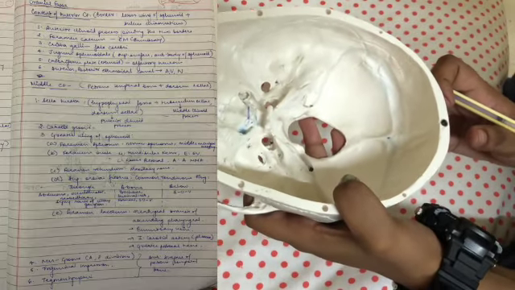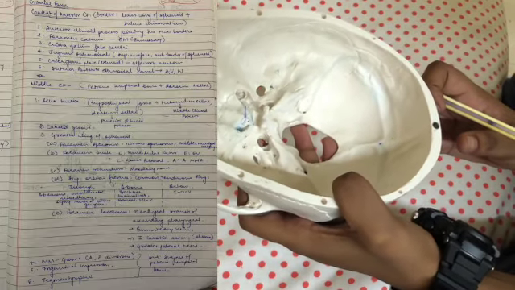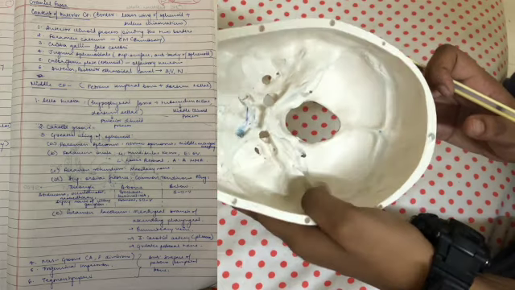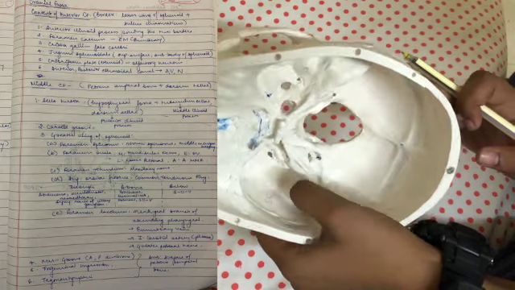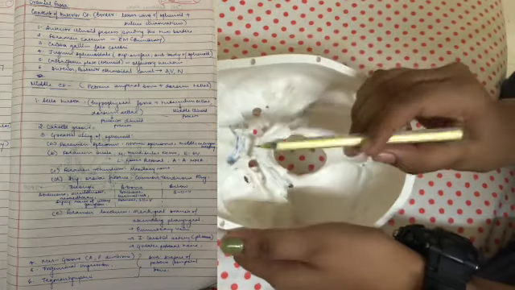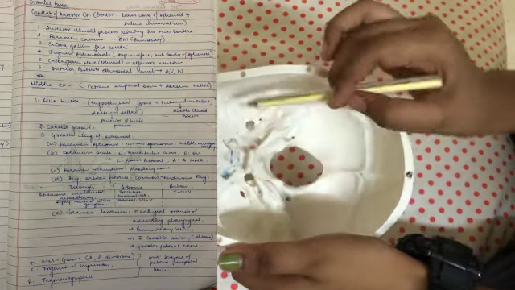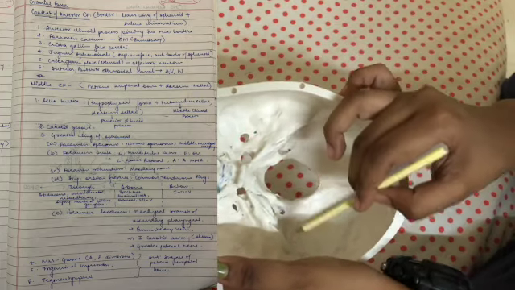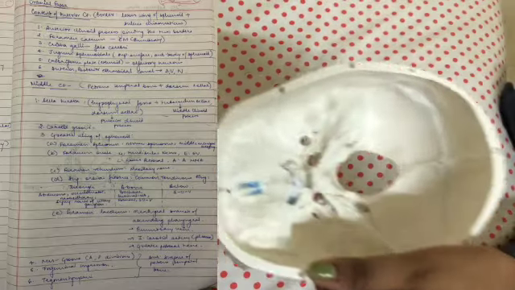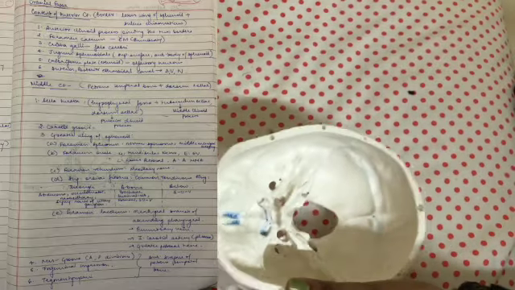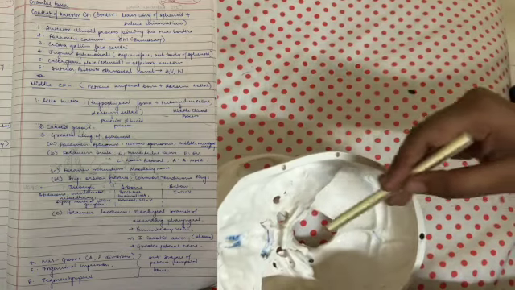Now let us move on to the middle cranial fossa. The middle cranial fossa is very important. It has a lot of foramens. So let us start with its boundaries. Anteriorly, obviously, the lesser wing of sphenoid, and posteriorly, it is the petrous part of the temporal bone. Okay, this is known as the petrous part of the temporal bone, and the dorsum sellae. Dorsum sellae is this particular elevation.